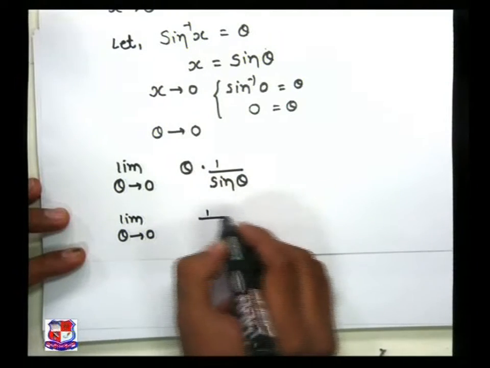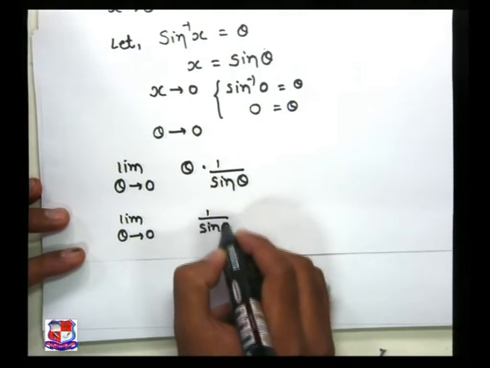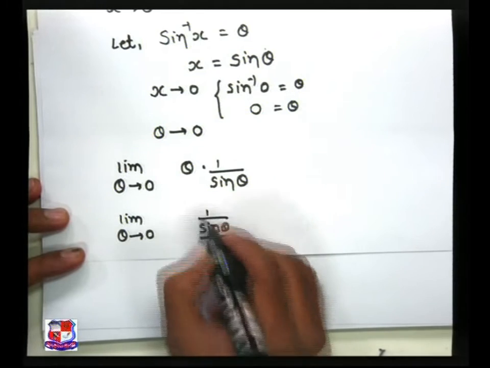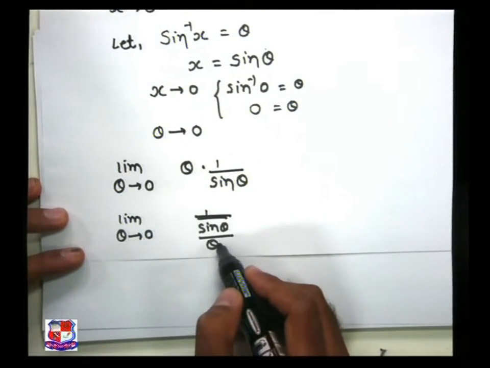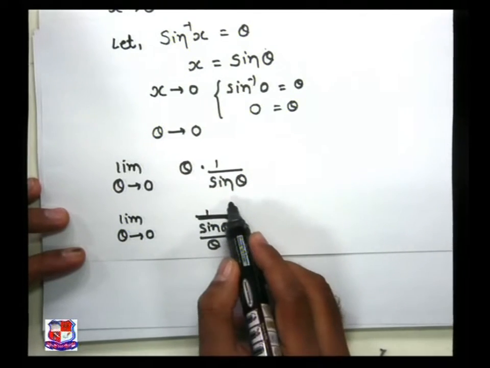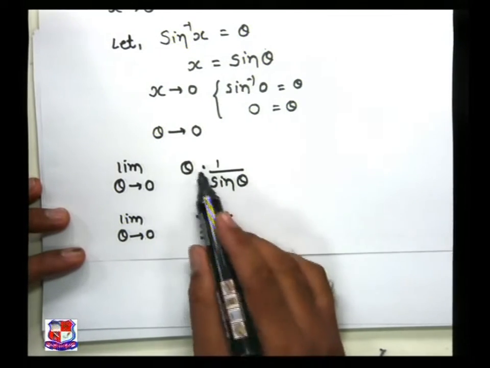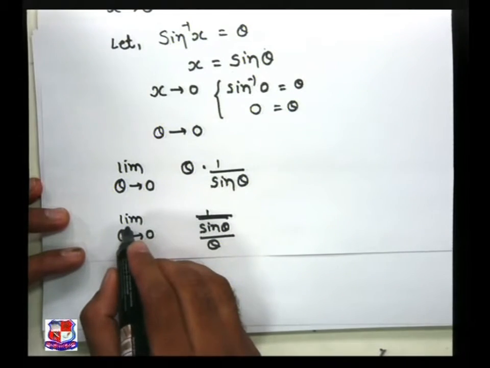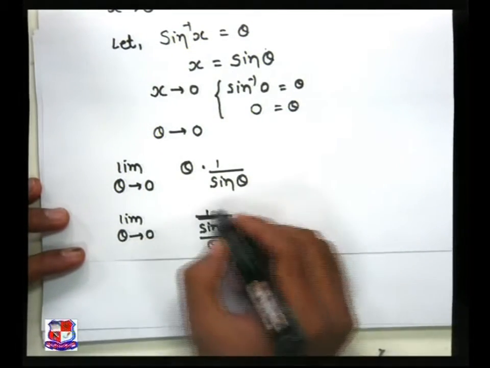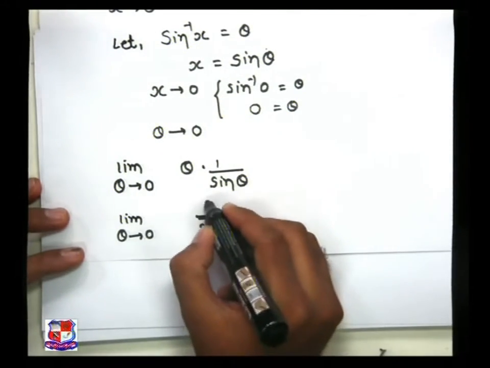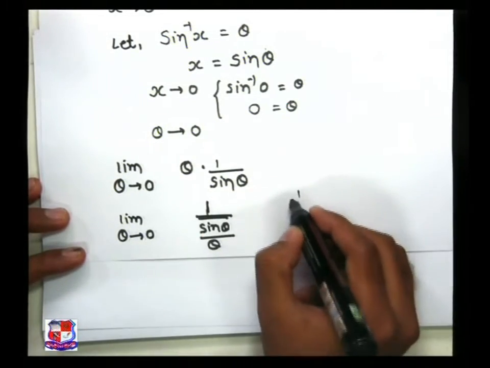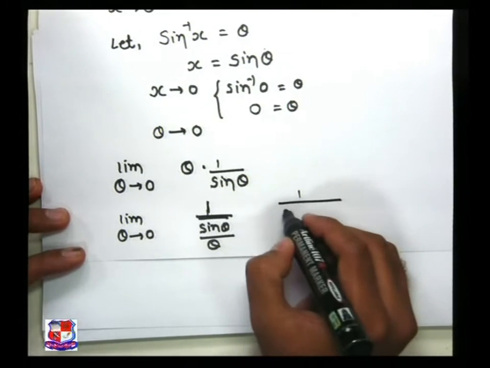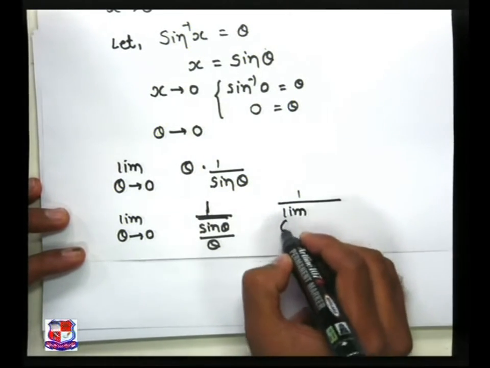Here sin theta and divide by theta. So ultimately this theta in the denominator goes to the numerator side, so both values are the same. Now apply this limit to our denominator side, because in the numerator there is no theta-based value. So if we look at our problem in this way, that is limit theta tends to 0,